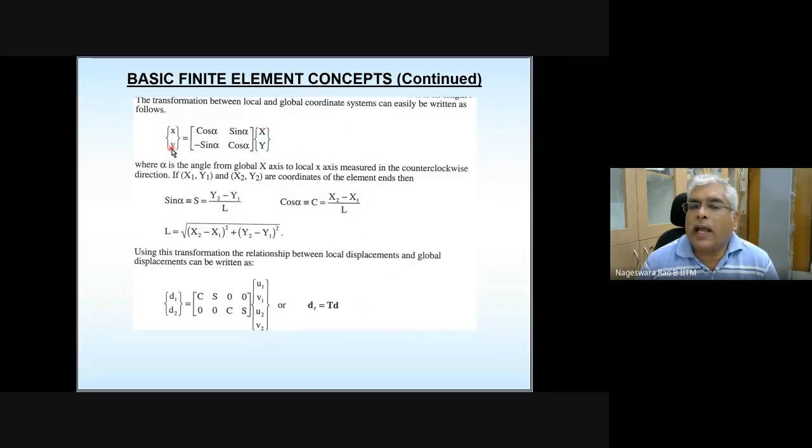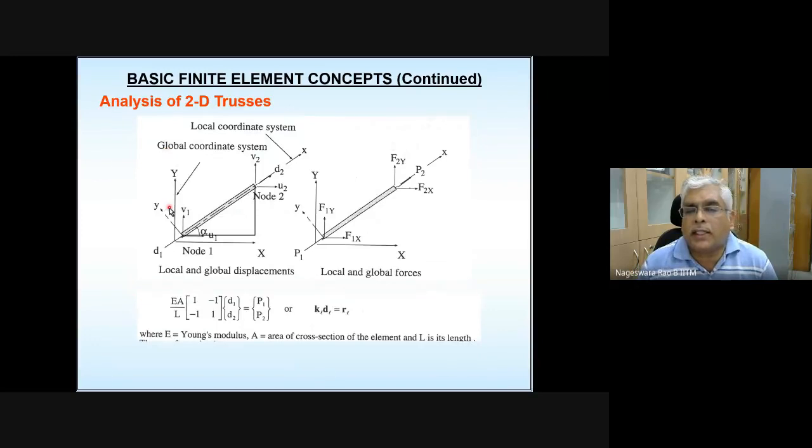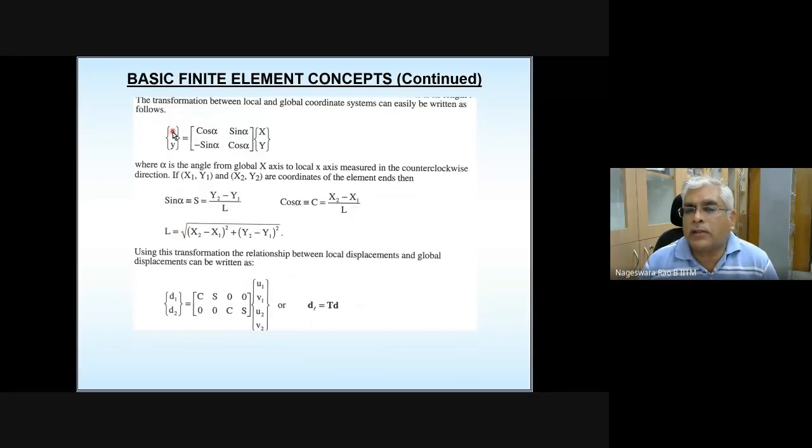Please note that in reality, I don't have this small y-axis. I defined it for completeness here. I don't require it actually. So the relation is